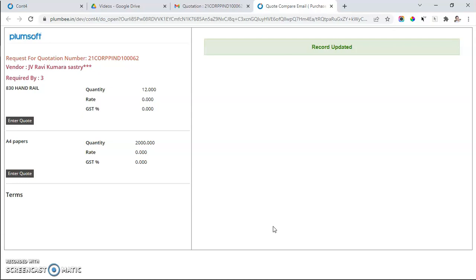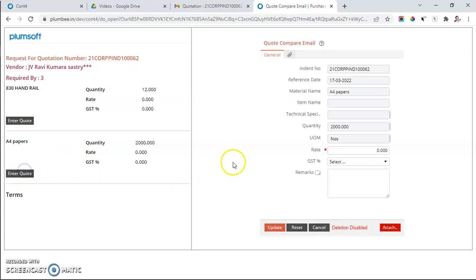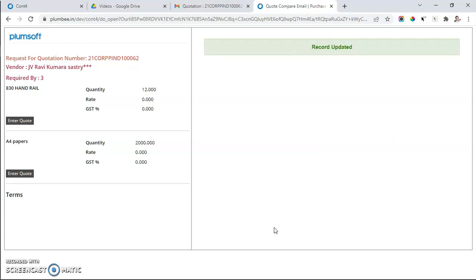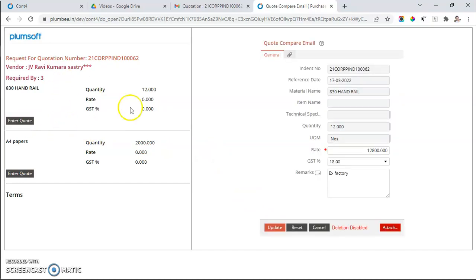I have updated this particular. That means I have given my quote without logging into my ERP. The vendor has this also. I'm submitting. These are the A4 papers. I feel 8 rupees per piece with 18% GST. I'm saying minimum 5,000 sheets are required. So I have submitted the quote. Okay. This I can submit till it is confirmed by the